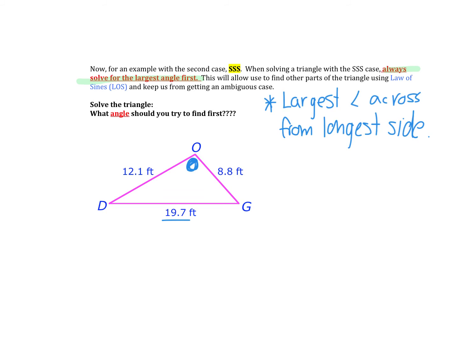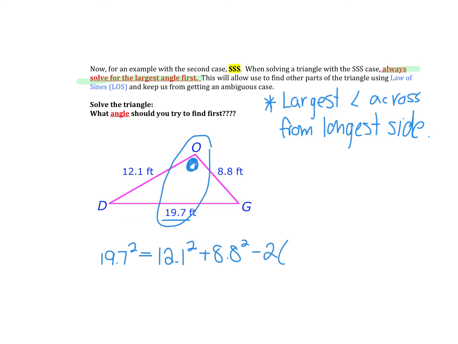All right, so this problem right here is a prime example of why trying to memorize those equations from the first page with A squared or B squared or C squared becomes pointless here, because we don't have A, B, C. That's not our triangle. Our triangle is DOG. Because we're looking for angle O, we want that to be in our equation, right? So we're going to do 19.7, the side across from O, squared. It's going to equal 12.1, second side of the triangle squared, plus 8.8, the third side of the triangle squared,